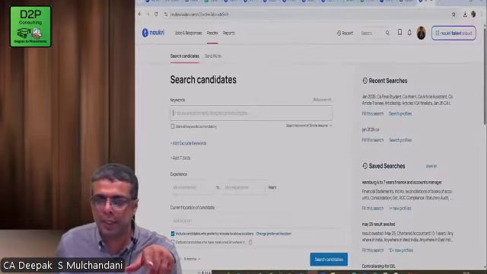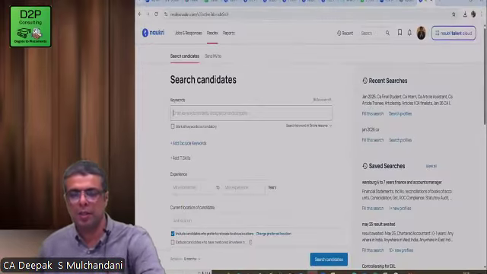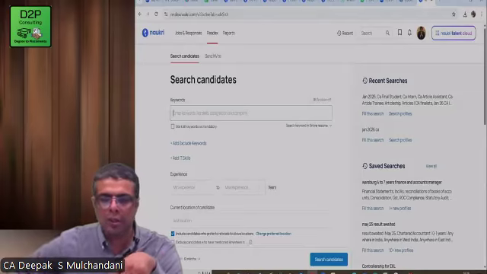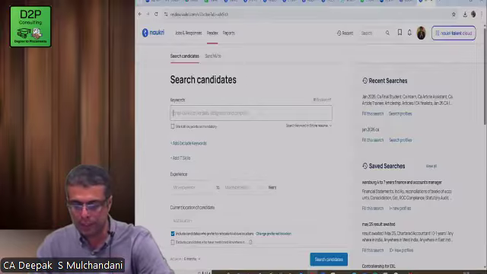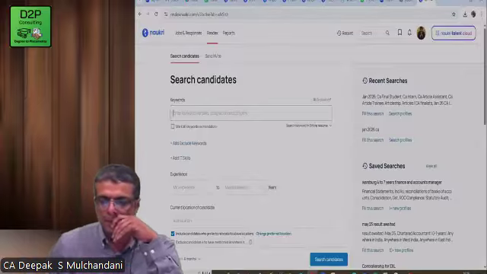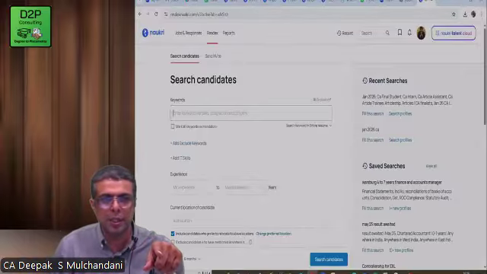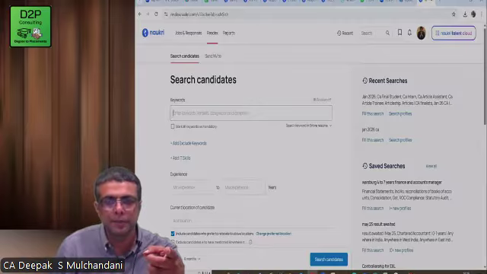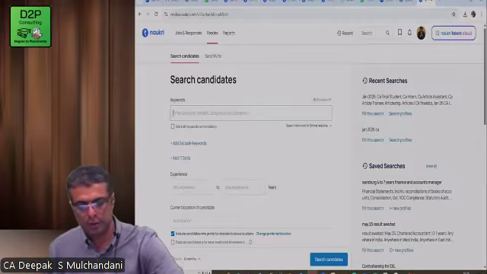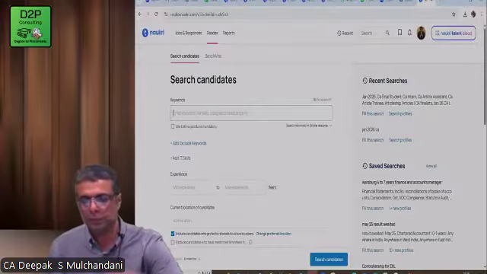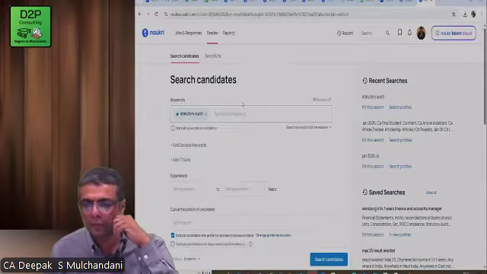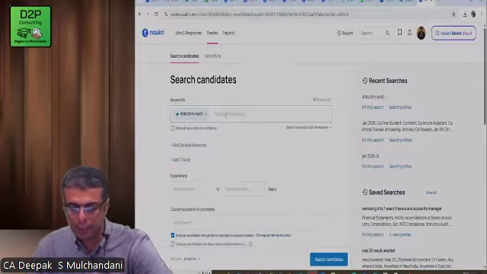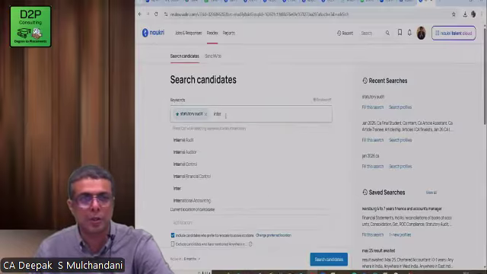So the moment I say I want to search, I'll go and search resume. So it will search candidates. The moment I write something here like statutory audit, and then another keyword, it gives me suggestions. Is it visible? Statutory audit. So the moment I say statutory audit, I also get an option like internal audit.